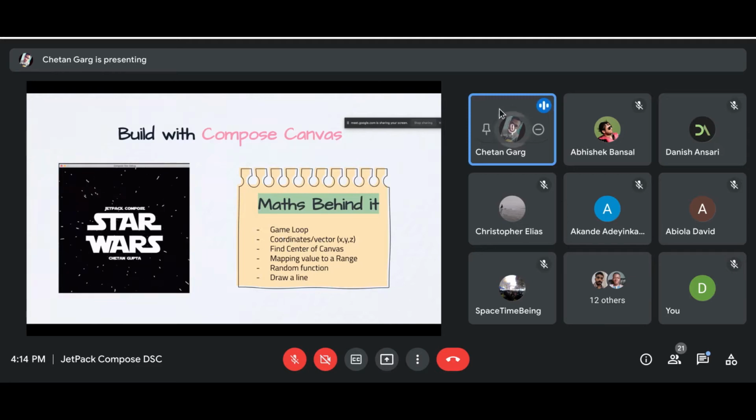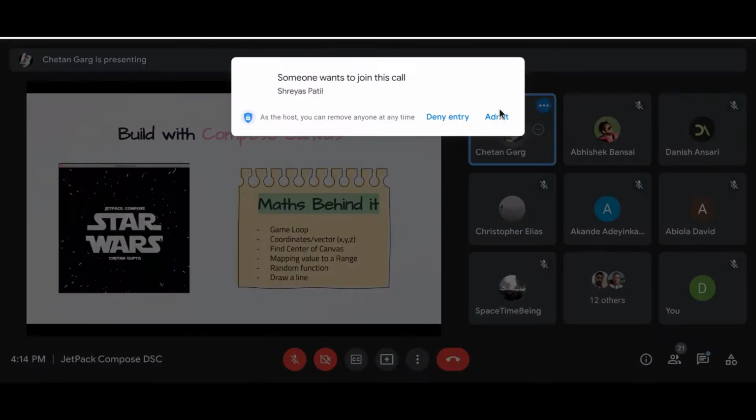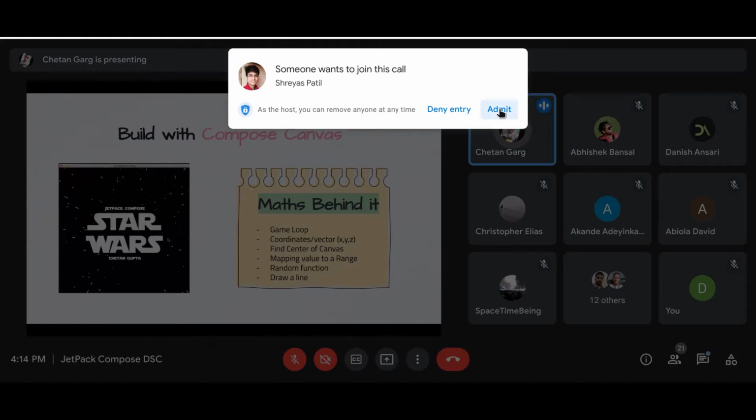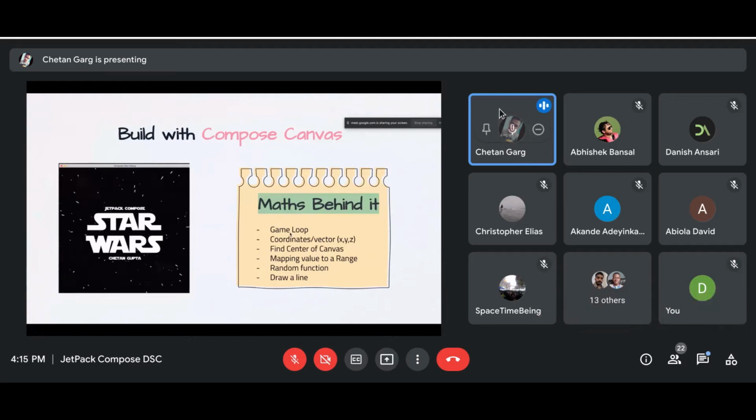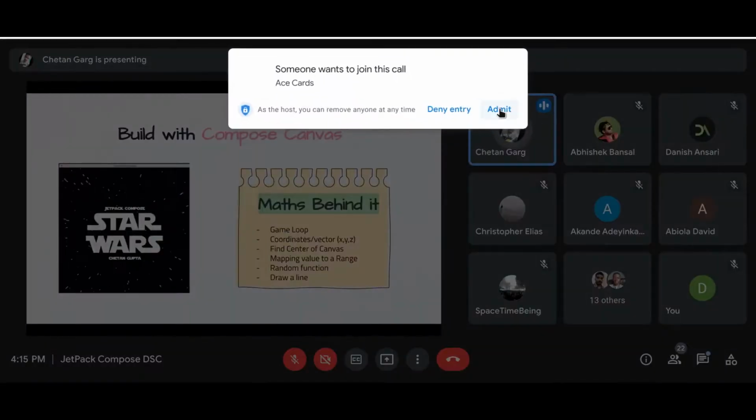That state, if you observe it again and again, will trigger a recomposition onto your canvas, and you can experience a similar behavior like a game loop, right? In some moment I will show you the code behind this, but let's break down all the maths that I used to create this kind of a screen, right?